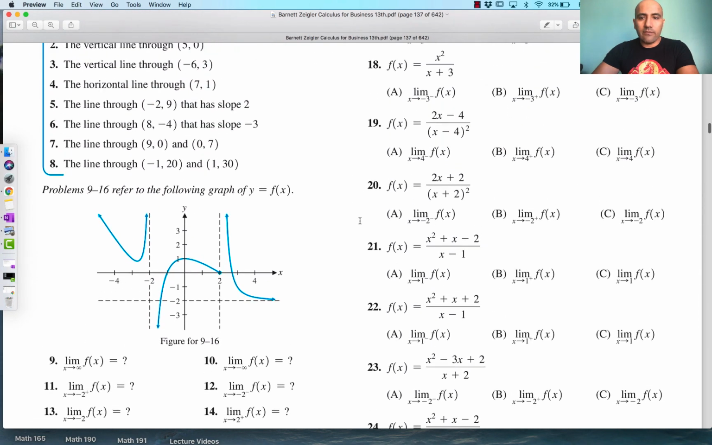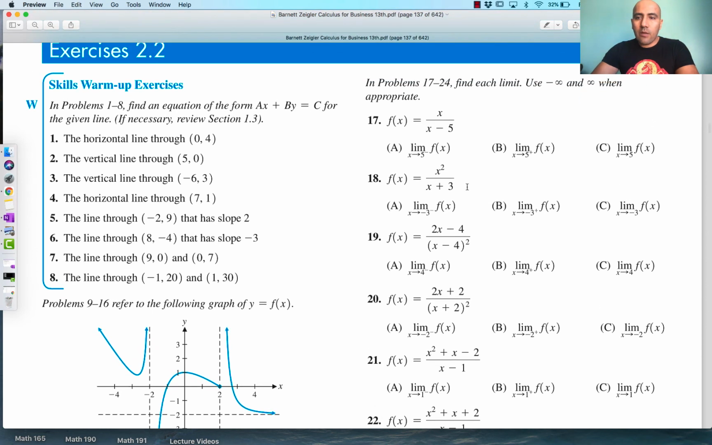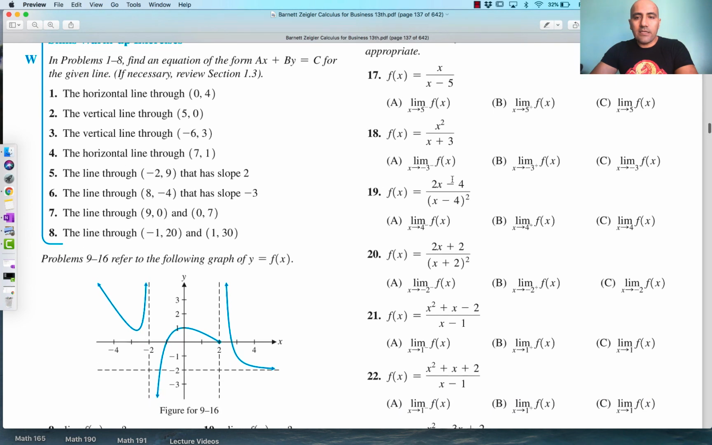Let's see, what else do you have? For these problems, an equation is given. Find the limit, use negative infinity, positive infinity when appropriate. So for example, if we look at number 18,